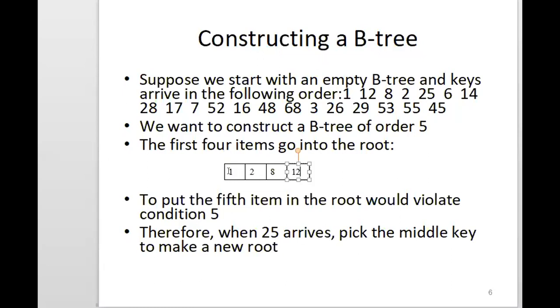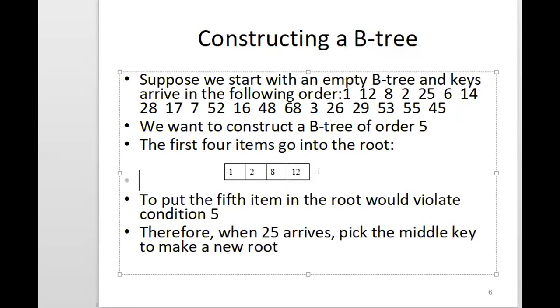In the second step, 12 will be inserted after 1, but since I have created all the 4 elements at a single time, you will see the sorted elements there. Suppose after inserting 1, 12, 8 and 2, the size is full. After sorting these elements, the order would look like this: 1, 2, 8 and 12. After this we have to insert 25.